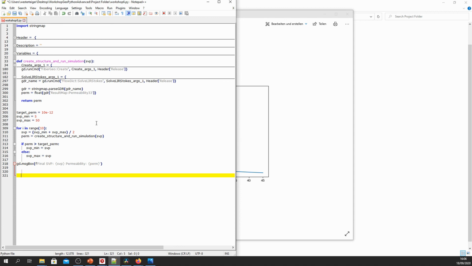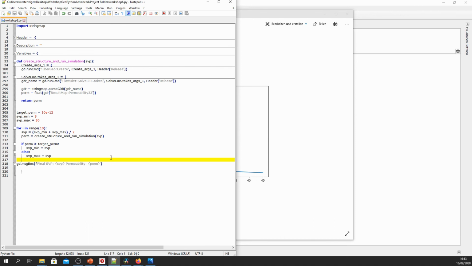So this loop incrementally brackets the correct SVP value to match our target permeability. And at the end, the SVP variable value and the perm variable value will still have the value of the last iteration of the loop, which is hopefully close to the target value.